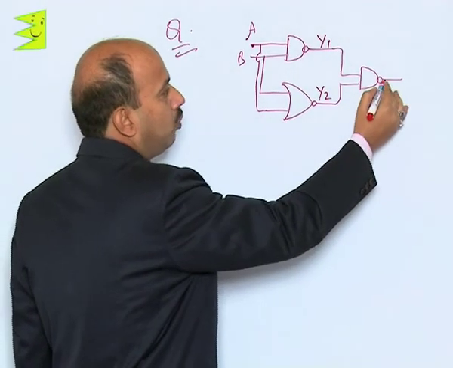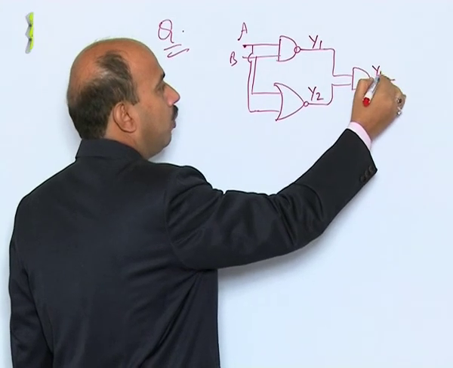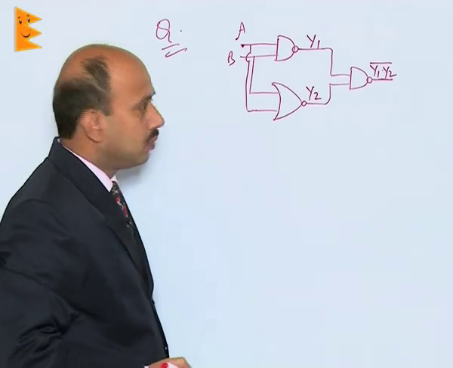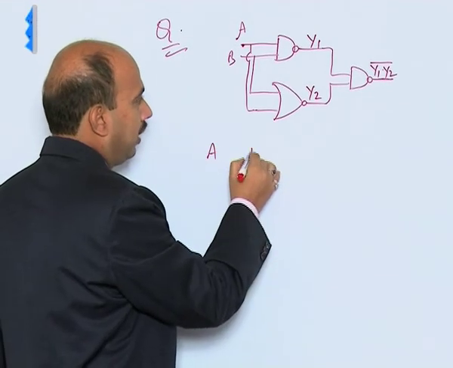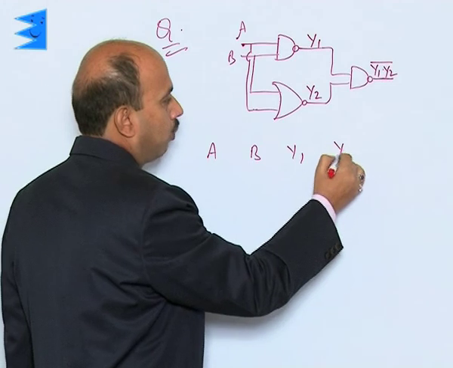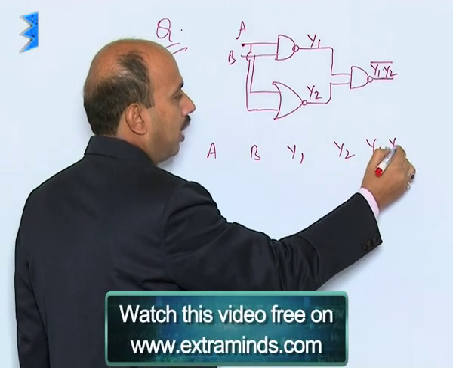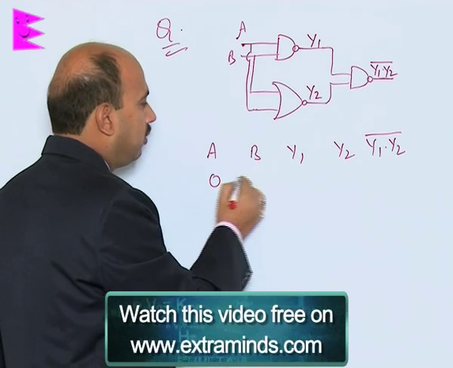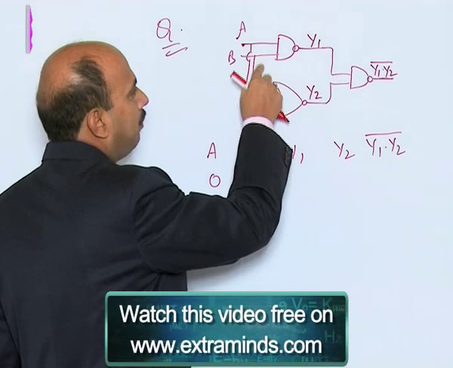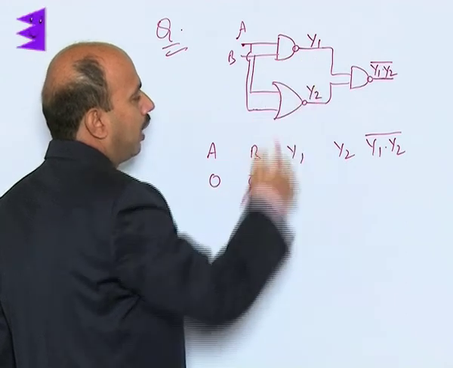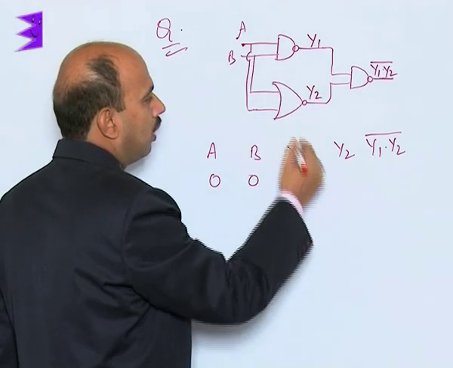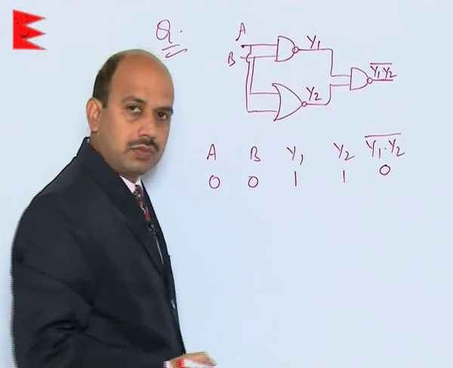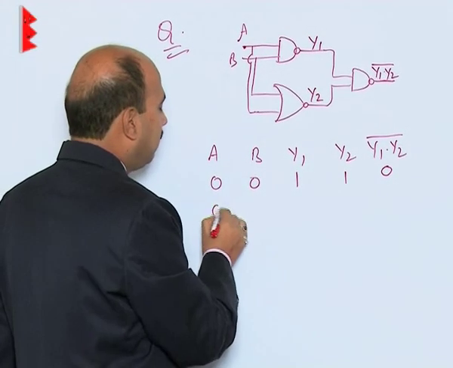Then this output we will be getting from Y1 and Y2, and this is bar. So, if I take A, B, Y1, Y2, and the final output, that is Y, that is a bar. Suppose A is 0, B is 0. If A, B both are 0, then Y1 will be 1 and Y2 also will be 1, then this should be 0. Now, if you take A0, B1,